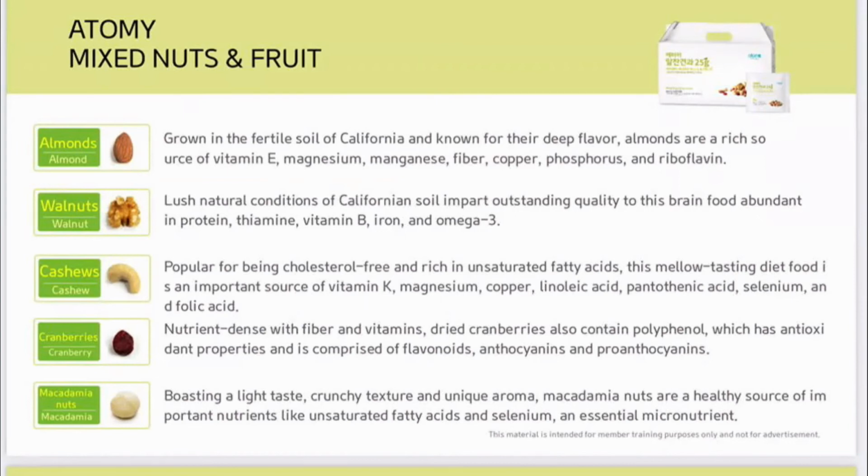And the last we have is the macadamia nuts. It has a very light taste, it's crunchy, aromatic. And there's selenium here, which is an essential mineral, also found in cashew. So what is the selenium for? Our body actually needs a very small amount of it. Part of it is to help fight cancer, and it also has high antioxidants, so it reduces stress. It can protect from heart diseases and also protect from Alzheimer's. And it also boosts the immune system. Wow, so much power in these nuts. So overall,